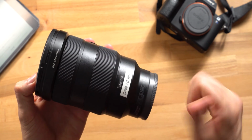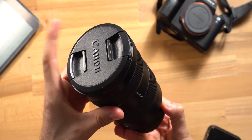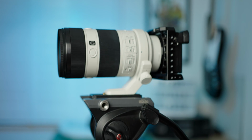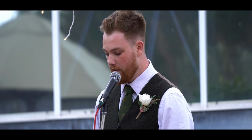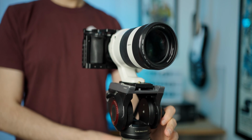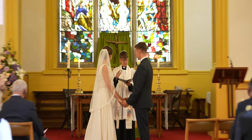This lens is a great stepping stone for a variety of focal lengths, which brings me on to my next lens, the 70-200. This lens allows you to be respectful during ceremonies. It also allows you to capture candid footage without being noticed. The 70-200 reach is perfect for so many situations. It allows you to focus on key subjects, crop out distracting elements in your frame, and just get closer to